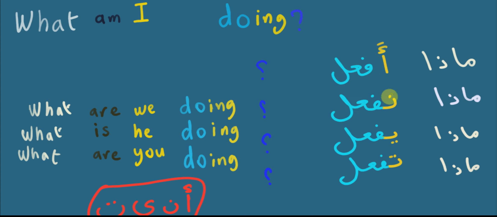The first person plural, notice this an. First person plural is نحن, so this an is used to indicate the present tense. So you say نفعل. Now, if you say نصلح, نأكل, نصلح means we fix. نأكل, we are eating. نعمل, we are working. So this an will go with any verb to indicate the present tense for the first person plural. This ya here is for the third person,